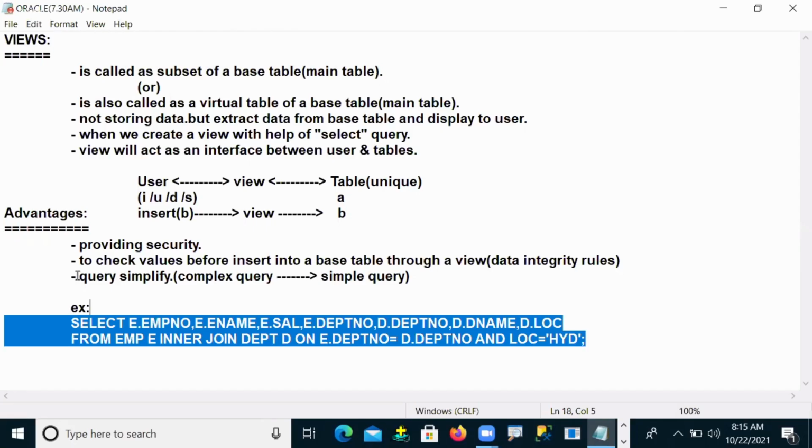But suppose you need to write the same query multiple times in your application, in your work premises. You are using this query again and again. When we have complex queries, remember, complex simply means big queries. Don't think about what complex means. Complex is nothing but big statements, big queries.